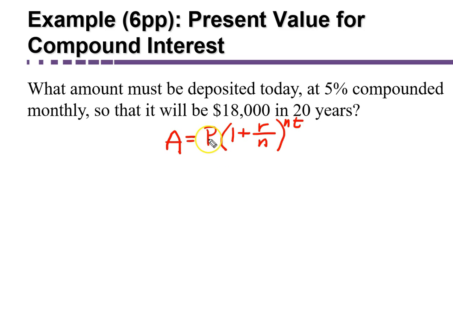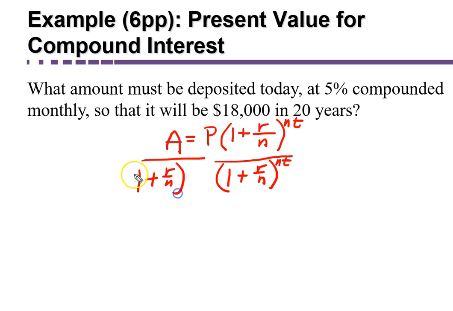Now, if we want to solve for P, at this stage, we could just divide both sides by this, 1 plus R over N to the NT, and then A would be divided by 1 plus R over N to the NT. So on this side, all of this would cancel out. So the formula we'd use then is a modification where we're looking for our principal, and then let's fill it in now. Our future amount is going to be $18,000,